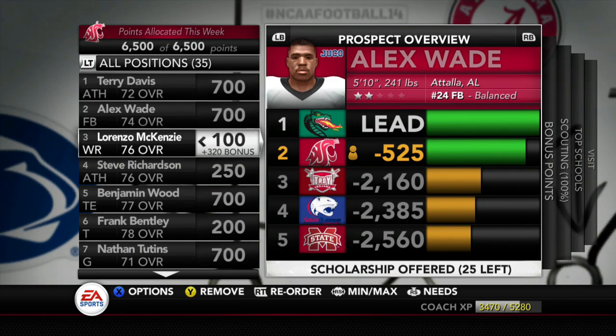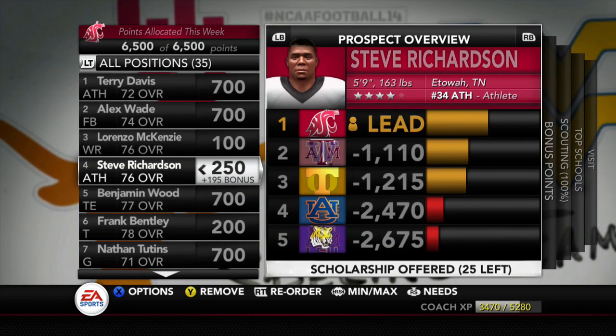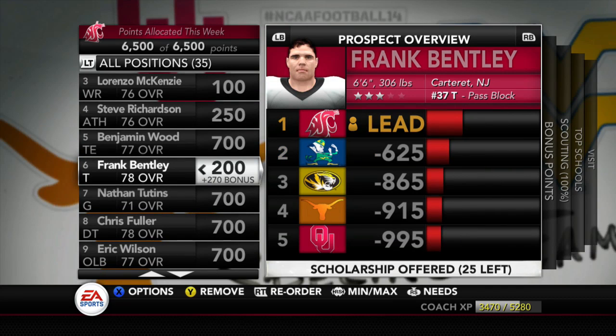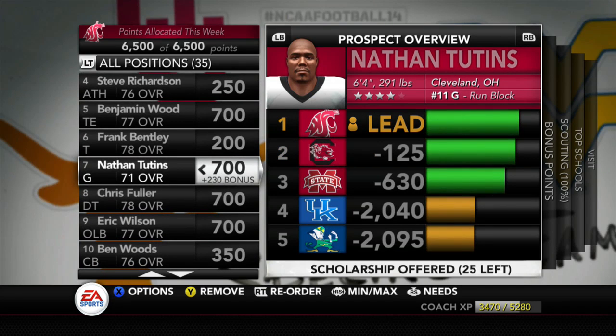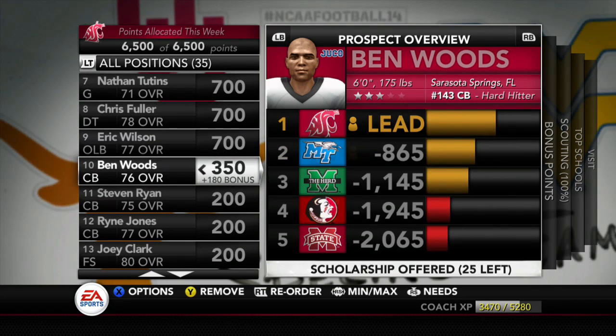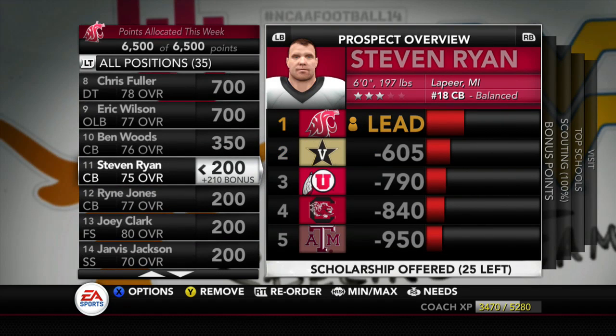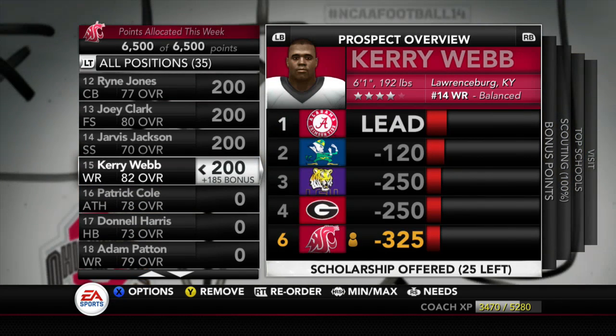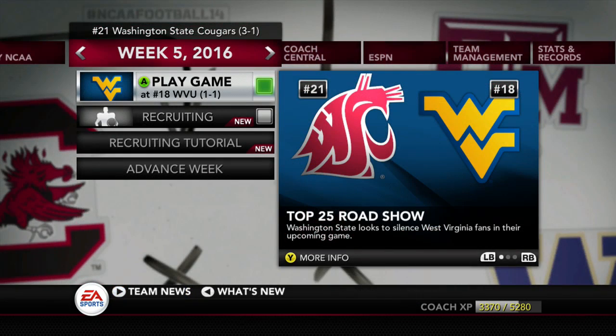Some really good prospects. We're looking at Lorenzo McKenzie, a 5'8 receiver who is a 4.3 40, very quick. Benjamin Wood, a blocking tight end. Frank Bentley, a gem tackle. Chris Fuller, the number 4 overall defensive tackle. Eric Wilson, the number 3 outside linebacker. A couple of nice corners. And Stephen Ryan and Ryan Jones. Joey Clark, a JUCO free safety. And then Kerry Webb, one of the best prospects I've ever seen, an